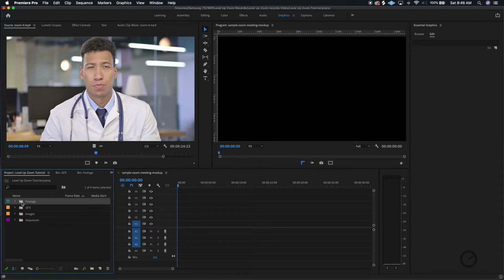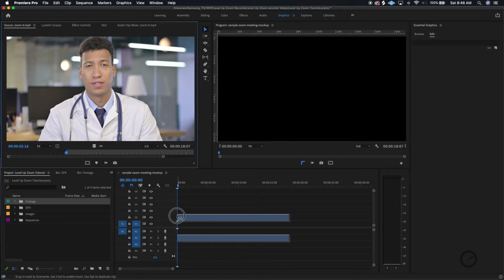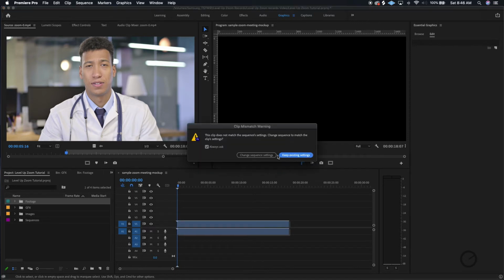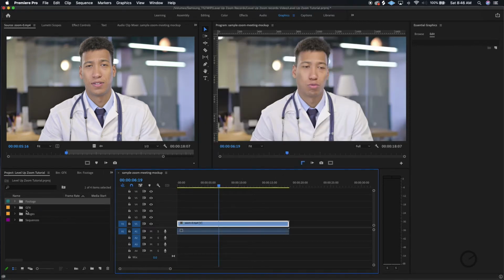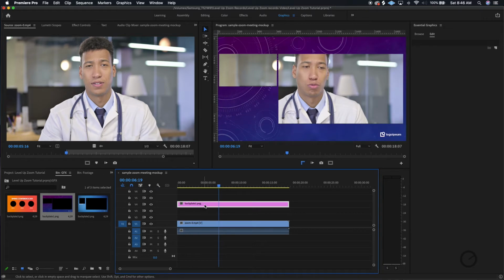So you're going to take that footage of the single speaker, drag it over into your timeline, right? His presentation or whatever it was that he was doing. So you drag that over into the timeline and take one of these simple layouts to just give you an idea of what you can do. So we're going to drag that into the timeline, and this is just the graphic overlay, right? And so you can see the graphic overlay is on top and you can see the video through the bottom,